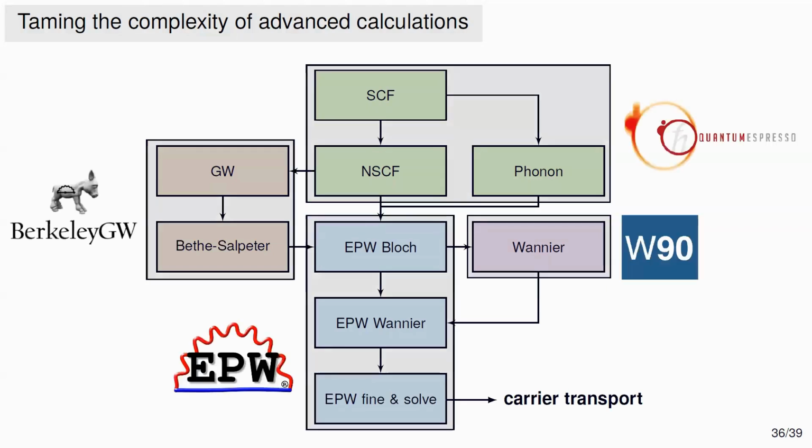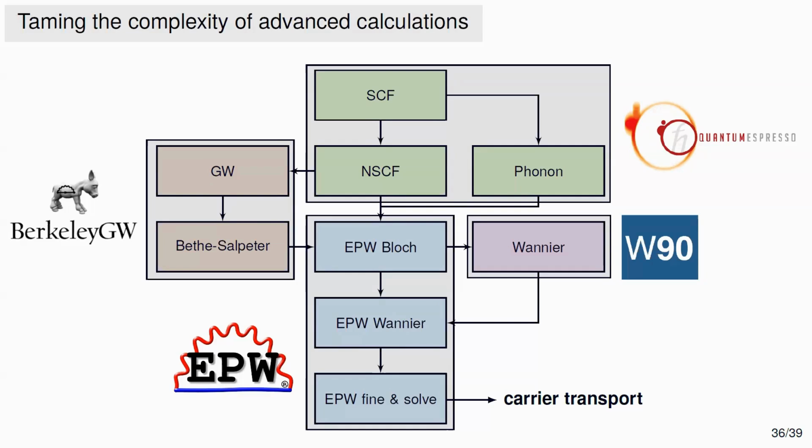In practice, you need to orchestrate at this level at least 4 pieces of software, with different languages, different input and output, different conventions. And the chance to go wrong is very high. So new students, for example, may take 1 or 2 years to just be able to perform confidently one of these calculations. So clearly this is becoming unmanageable, because the complexity is skyrocketing.